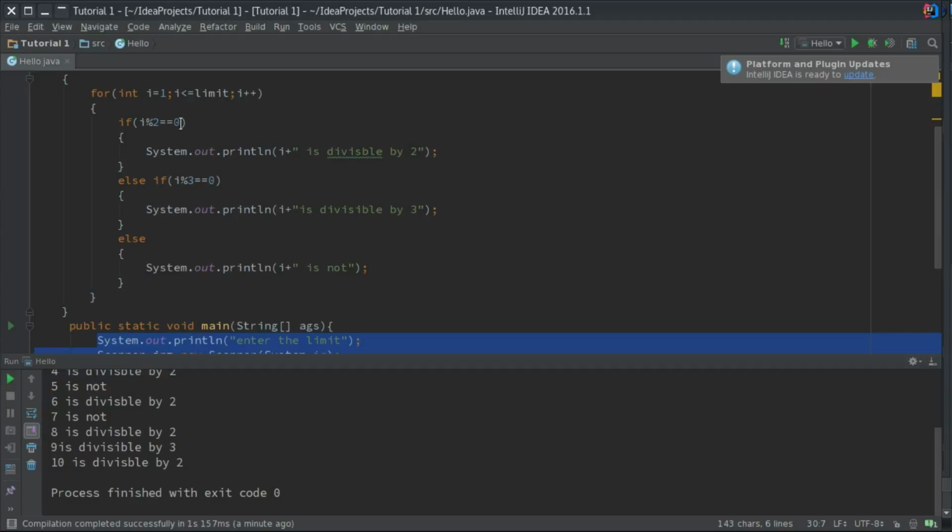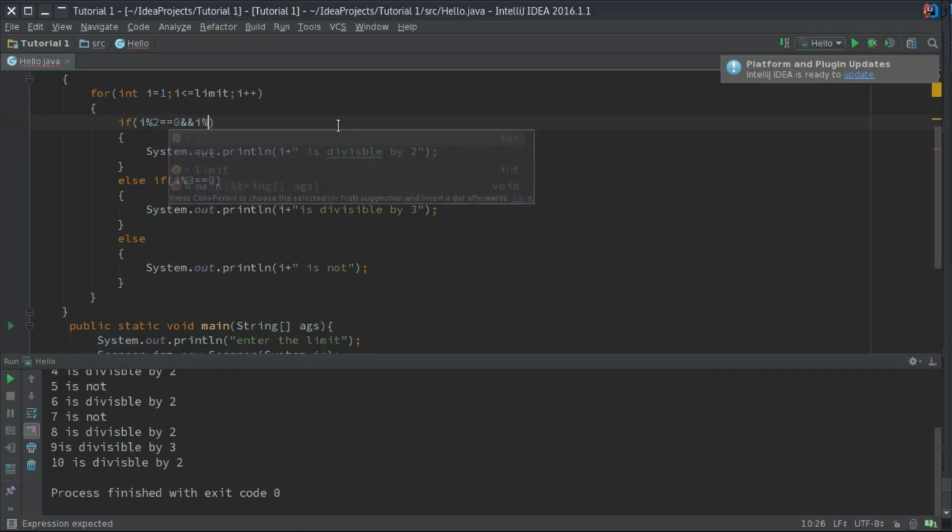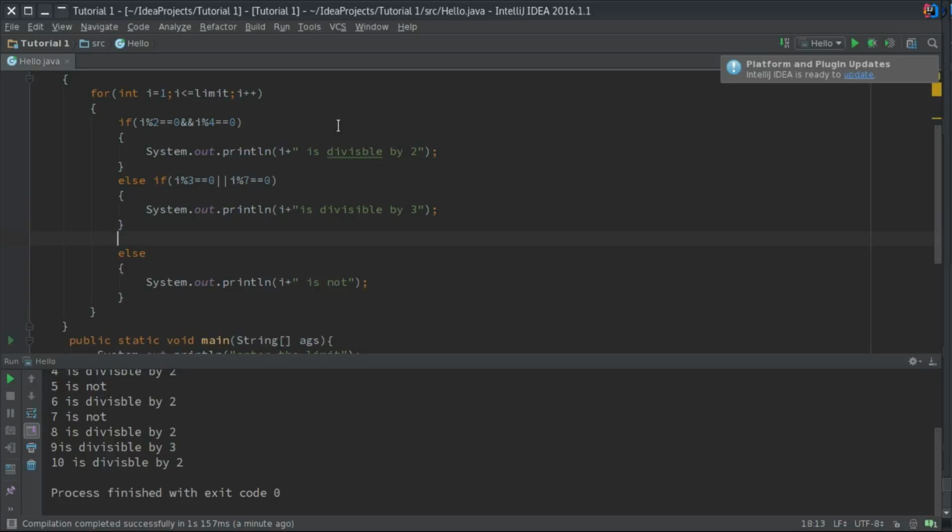Okay, now say for example you want to check if it is divisible by 2 and 4, so we're going to write an AND over here. I mod 4 equal to 0, and we want to check over here if this is divisible by 3 or say 7. If I mod 7 equal to 0, and say we want to check another thing over here, and over here we just want to say else if